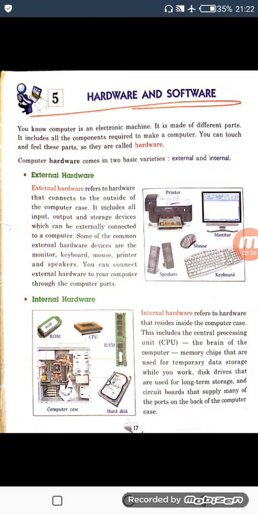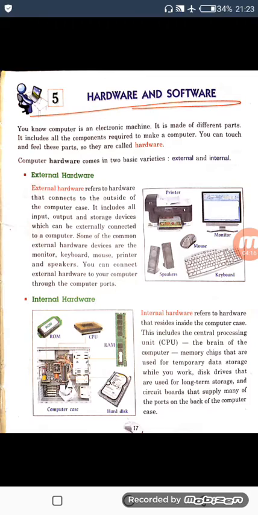It has all the components that are required to make a computer. You can touch and feel these parts. Yes, we can easily touch them, we can feel them. So they are called hardware. Computer hardware comes in two basic varieties, external and internal.